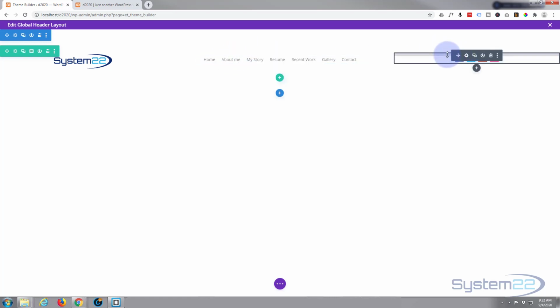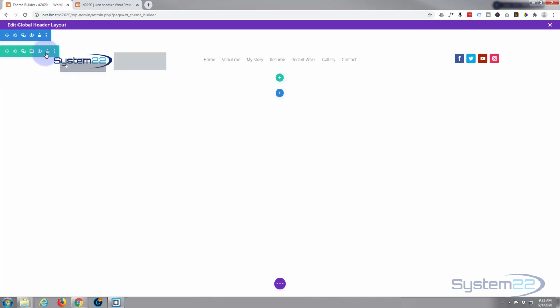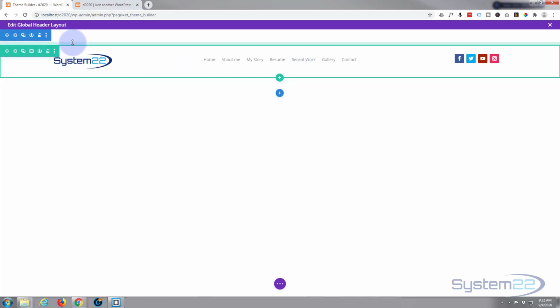And I'll do the same with our social media icons there. So everything's sort of lined up. You can do this manually by going in and doing it with spacing. That's great. Now our row, the green tab here, I don't want any space between